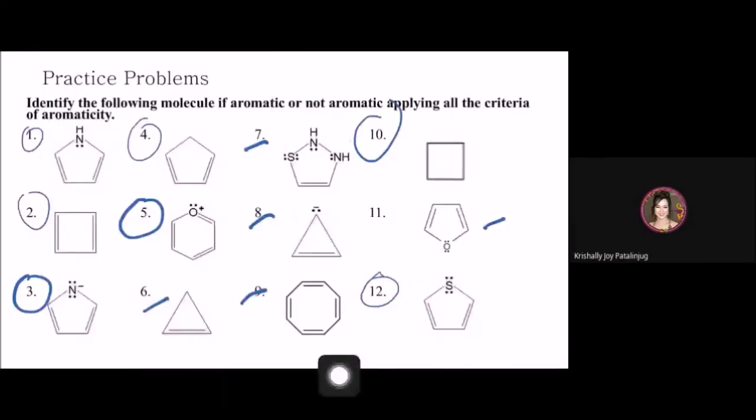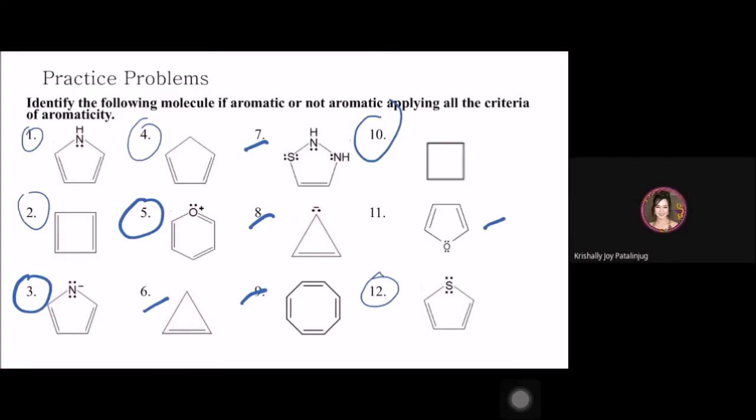Okay, so number 1, I go straight to Huckel's rule. If you see a lone pair, directly apply the two statements, and check where it fits. If it is not there, then it is not aromatic. Let me identify if this nitrogen is sp2 or sp3. The nitrogen is hydrogen bonded, with two single bonds, then a lone pair: 4 electron groups. Is it sp2 or sp3?